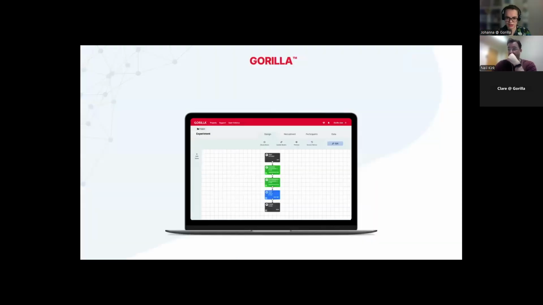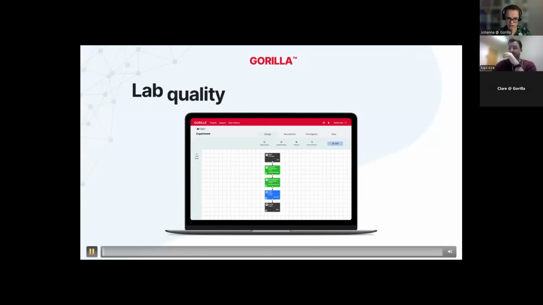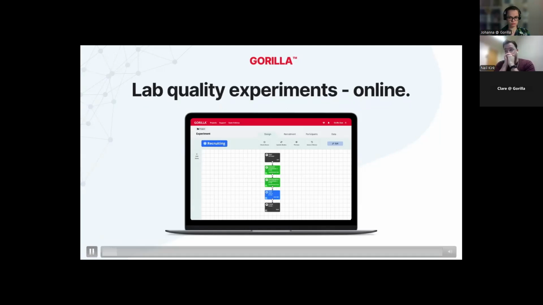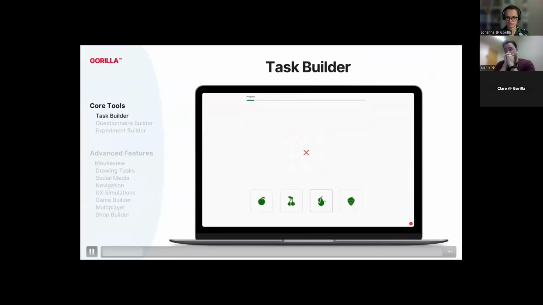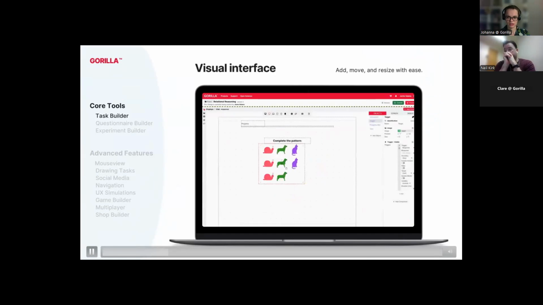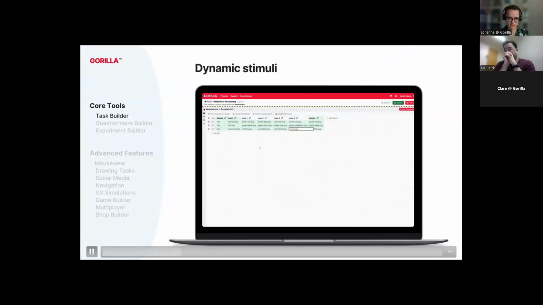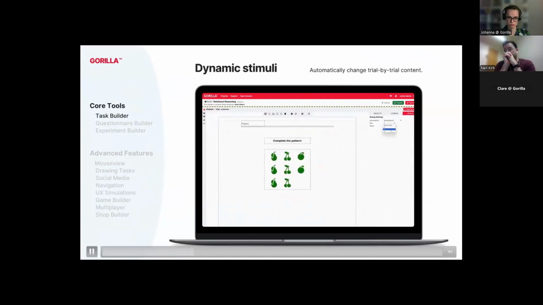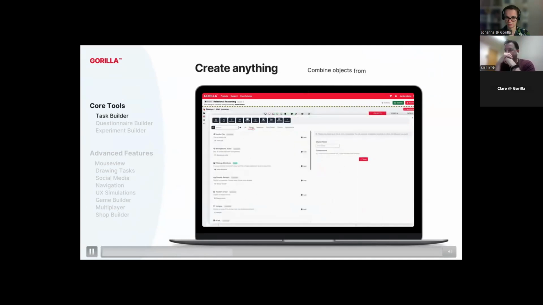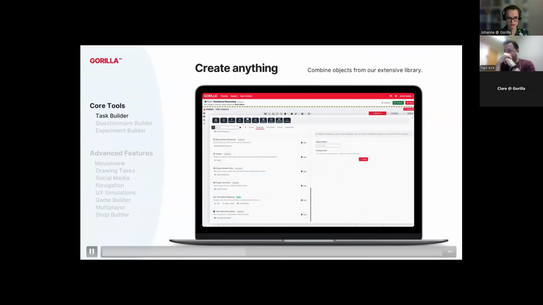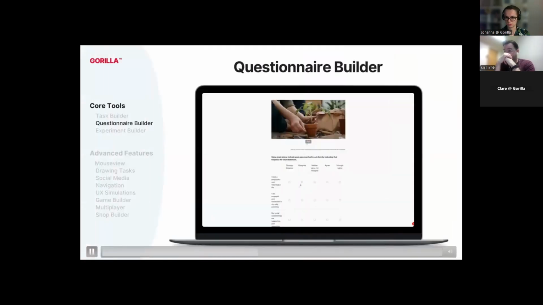Just to give you a bit more of an idea what we can do with Gorilla, I've got a quick video here which I would like to show. So we support traditional reaction time tasks. You could have any type of stimulus and any response, and you get accuracy and reaction time measures as well as trial by trial randomization. Here you can see a relational reasoning task and how that is set up with the spreadsheet so that we only create one display and we can draw in different types of stimuli for the content we want to show. Here you can see a list of the different components,